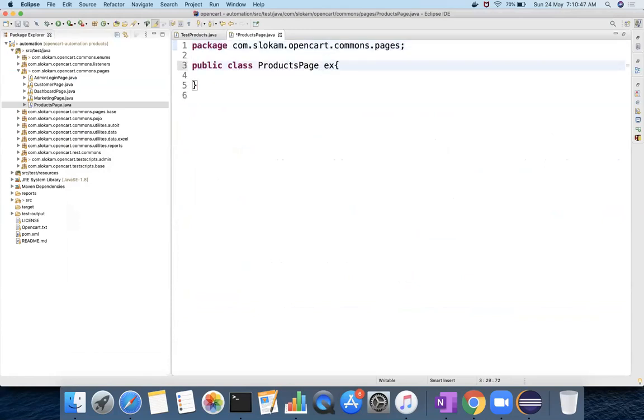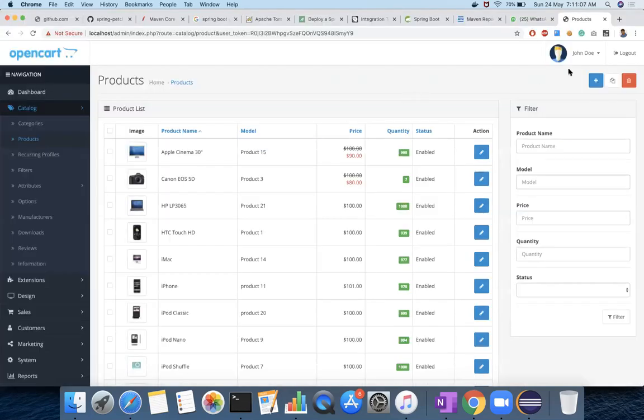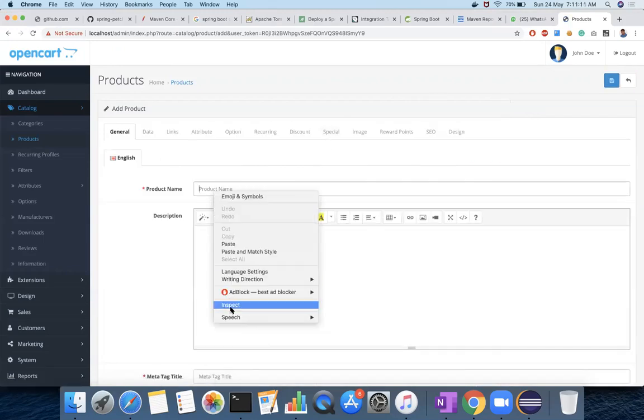It extends base page. We have extends BasePage and then public void createProduct. I'll just write it down normally. So what do we need to create a product? We need a product name.